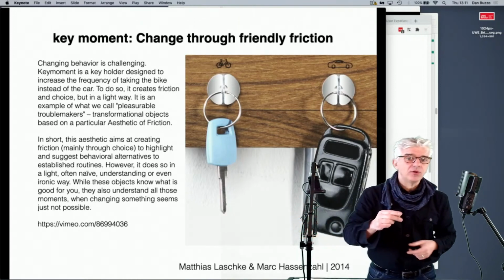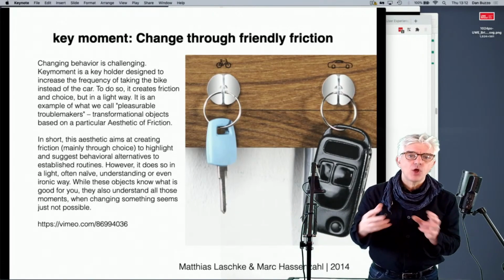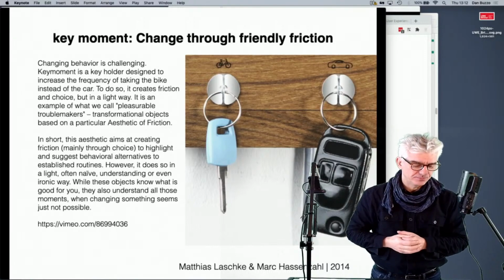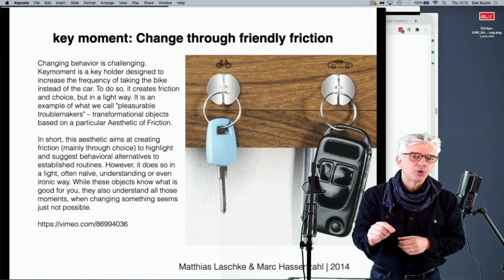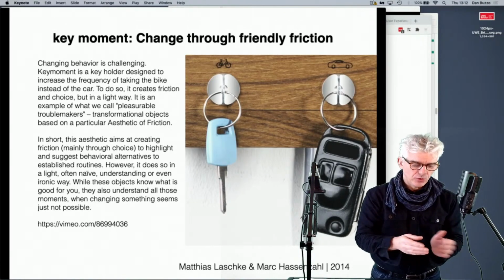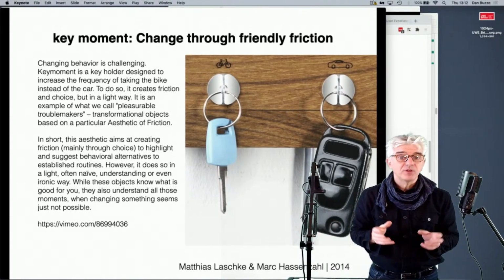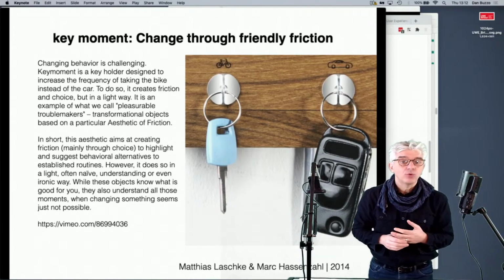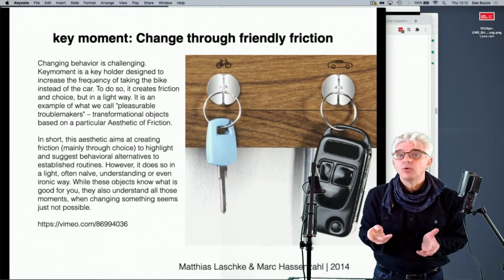How can we honor the user and design aesthetics around how this interaction works? So this is not designed as a product, it's an experimental prototype. The paper that's associated with it, which you can download, is a beautiful one to read. It's nicely written. It's a great paradigm for how you report potentially on your own projects that you're going to